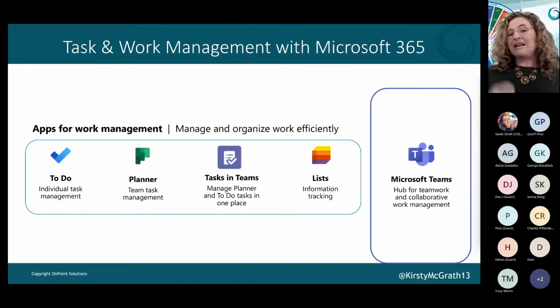Now, Lists is very much about information tracking. So it's kind of that document or pictures or list tracking. It can go a whole step further than Planner can, because behind it you've got all your automation that can come into play to support you, because Lists in the back end is SharePoint technology. It's been around for a really long time. So you've got this whole design flow that can come with it. So understanding how that all flows through, often I'm working through Teams as my hub for my work management, but it depends on what I'm doing and where I'm doing it from.